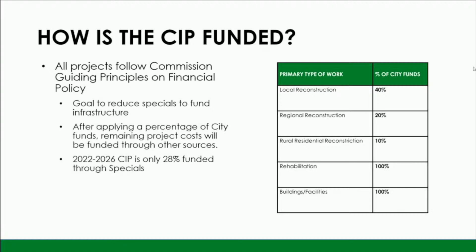Over the next 5 years, we are estimating about 28% of all of the project costs would be funded through special assessments. Now, this does not mean that each project is going to have a 28% special assessment or that all residents will be assessed at a 28% increase. It's, again, the collective total of all the projects over the next 5 years. We are estimating that, based on the information we have today, 28% of the funding for those projects would be funded with special assessments.